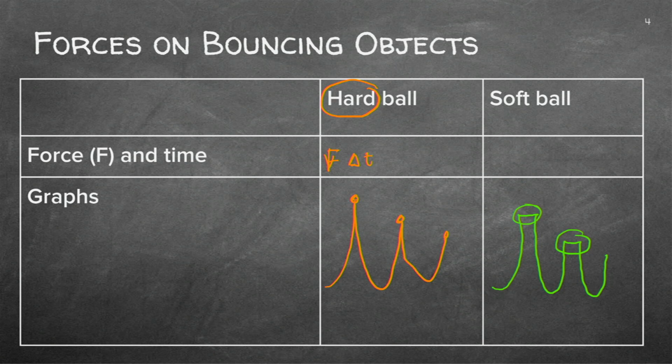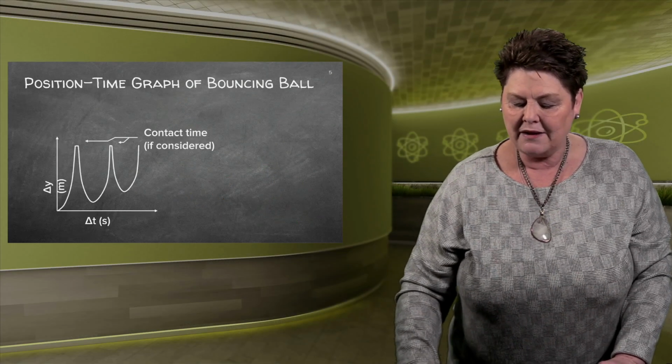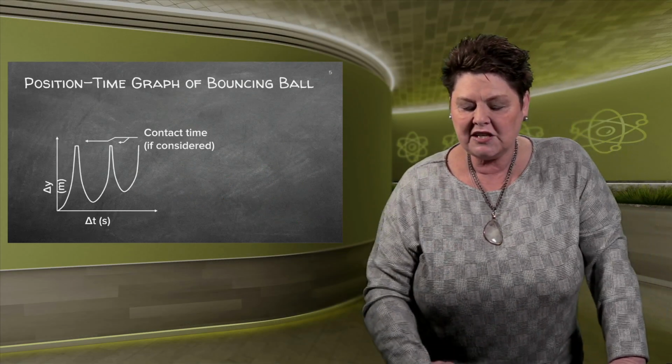That means if you've got your x-axis and that's time, can you see that time there is being postponed before it goes up. So with a hard ball, it immediately moves up or down. A softer ball will waste a little bit of time whilst it's on the ground because it deforms and the force then pushes it up. Let's have a look at the question. Position-time graph.